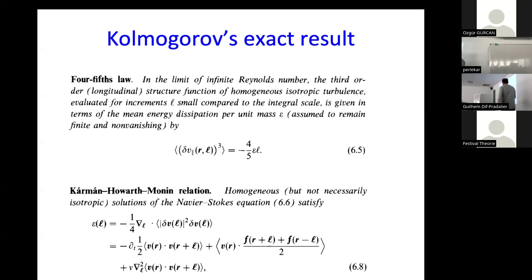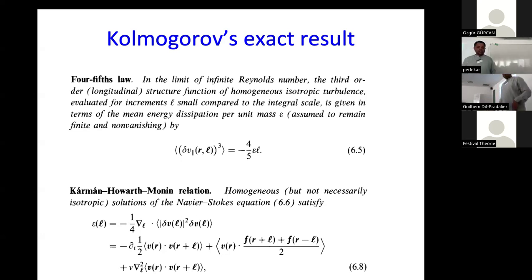Now, what is exact about it is the factor of 4/5. The scaling theory would have given you that the relation is epsilon times L. What is exact is that I'm also able to tell you the prefactor of the third order structure function, which is 4/5. And the other thing you should see, which is again quite remarkable, is that there is a minus sign. The minus sign in front of it is an indicator of the fact that the energy is getting transferred to smaller scales.